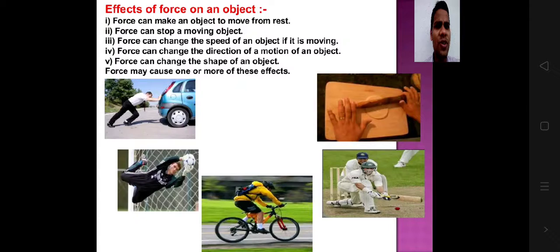So if he applies more force, he can increase the speed of the bicycle, right? And sometimes we have to apply force, like let us say we are moving across a curved road. So you have to apply the force on the handle of the bicycle, and in that way you change the direction of the object. So we can change the direction, we can change the speed, we can make an object move, we can make an object stop. And finally the other one is, and you can see it here, a chapati or a puri being rolled there.